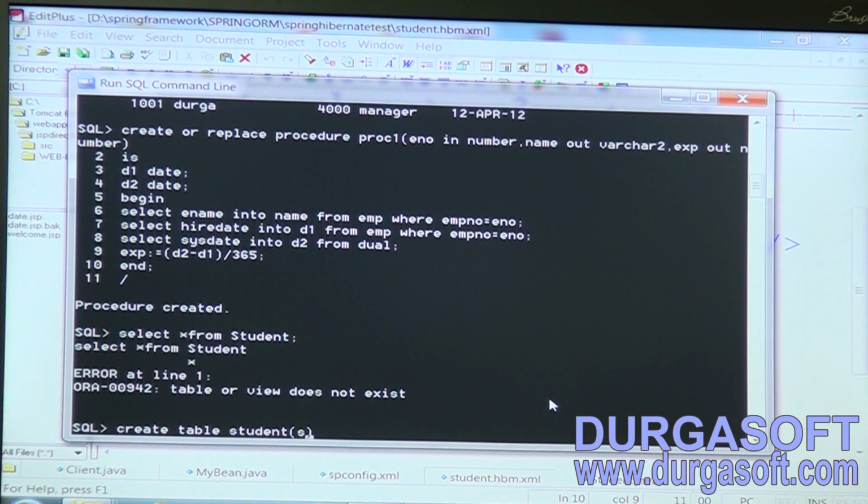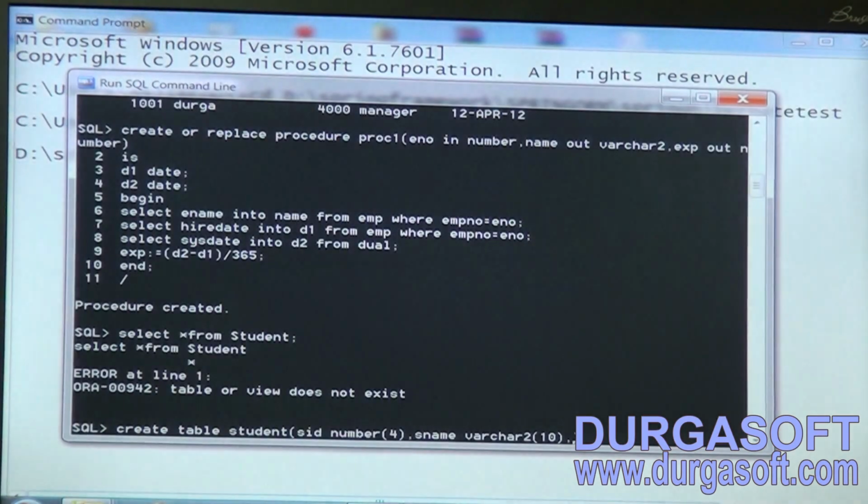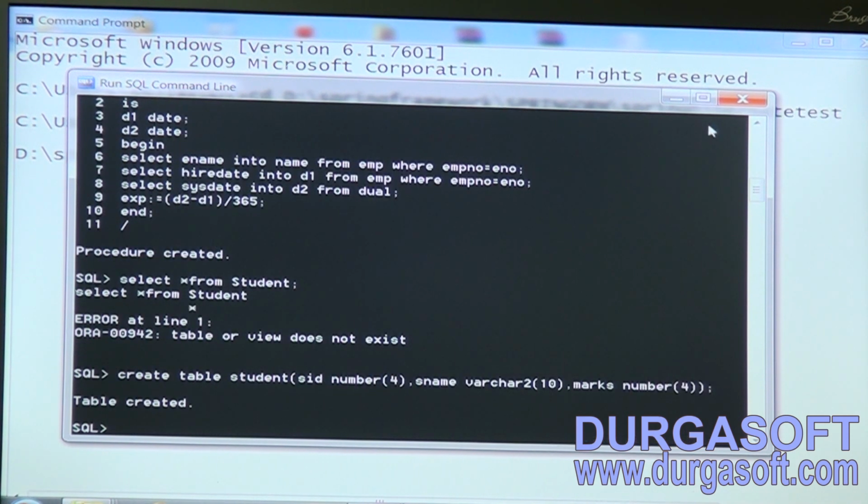Here SID number, the next S name varchar2 of 10, the next marks.